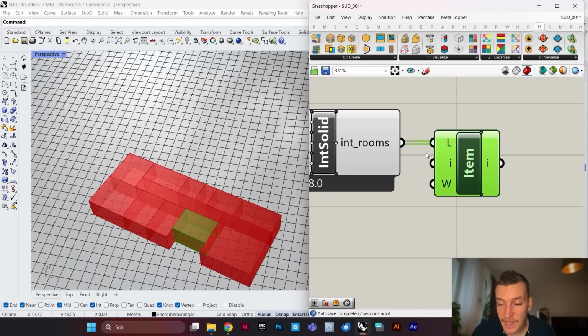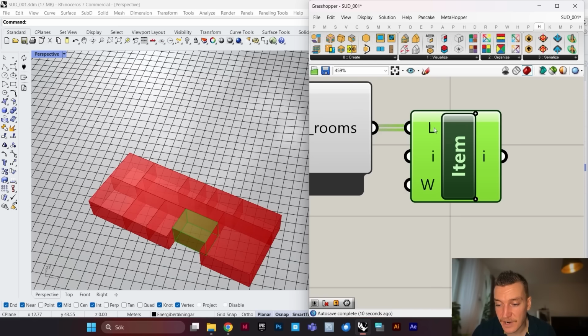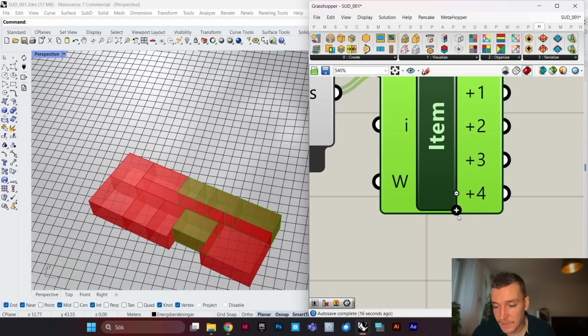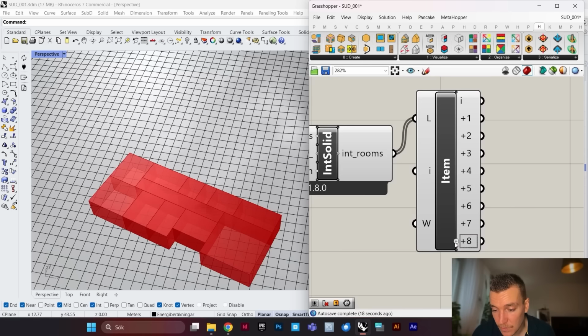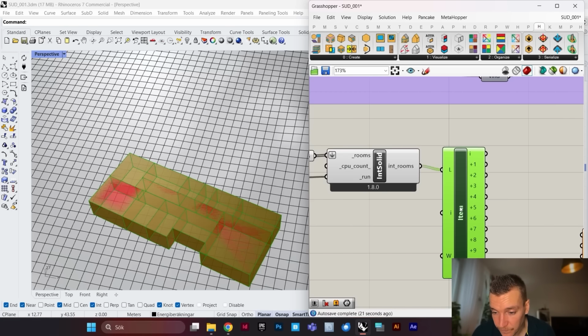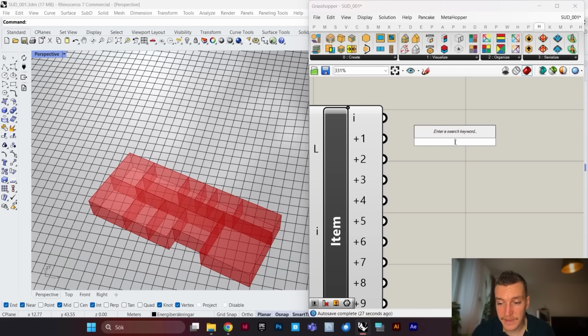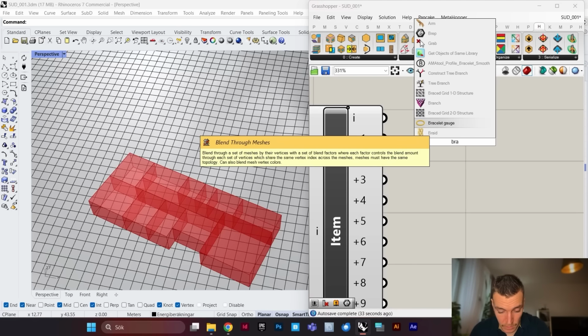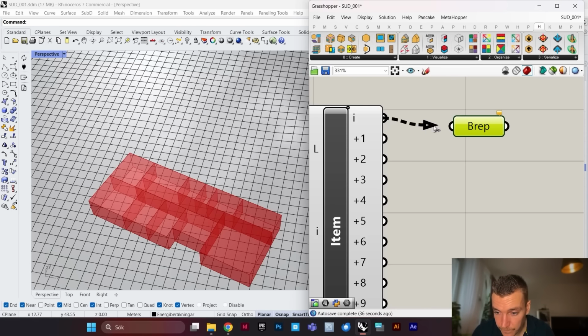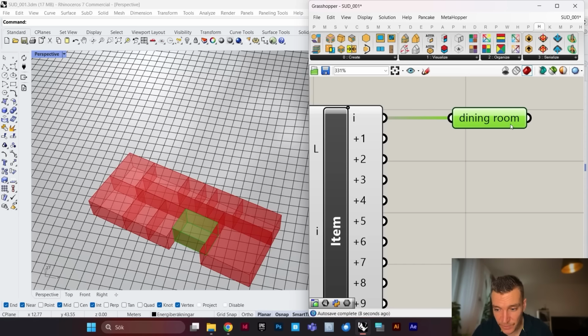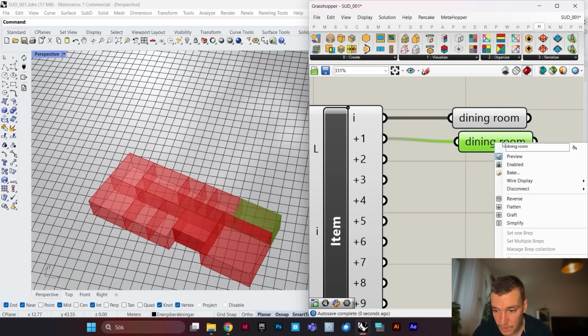what they are basically. So I will use a list item component, and since there are 12 rooms, I will create 12 separate outputs from this component. And then I will name each room the name of that specific room. So this is the dining room, for example, so I will name it the dining room, and then I will simply just do this with all of my rooms. So this is the kitchen,